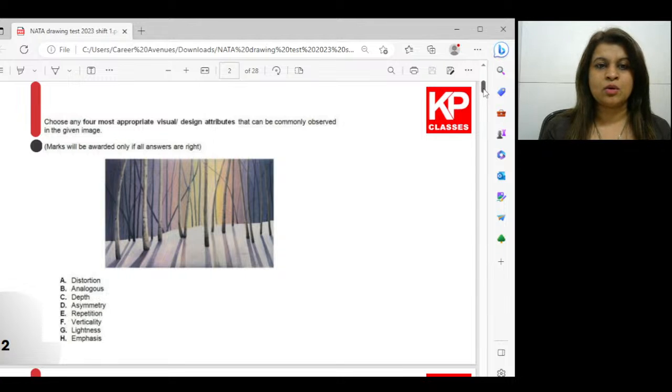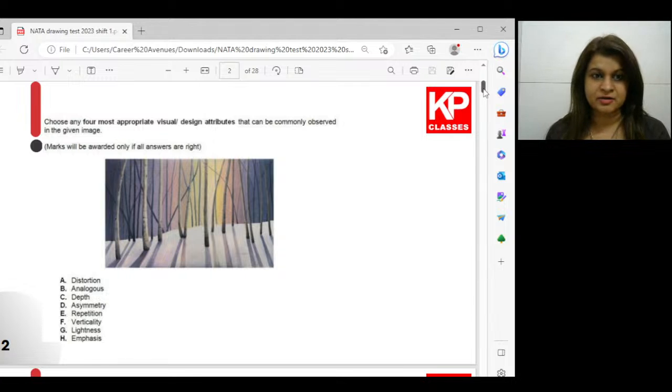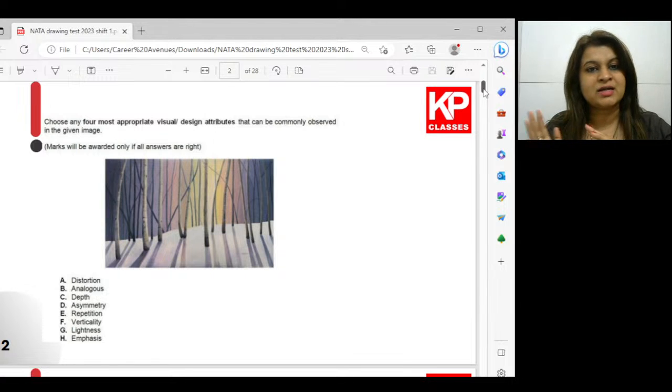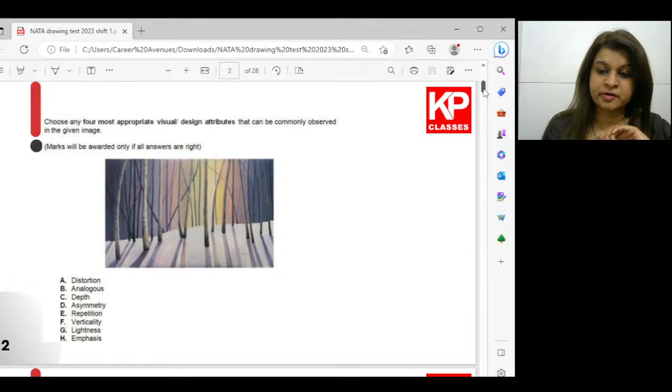It is a very common question to ask about attributes, the visual or design attributes that comprise the following: elements of design, principles of design, color theory, gestalt theory. So there are certain topics related to the theory,